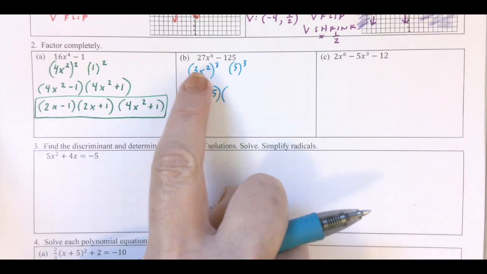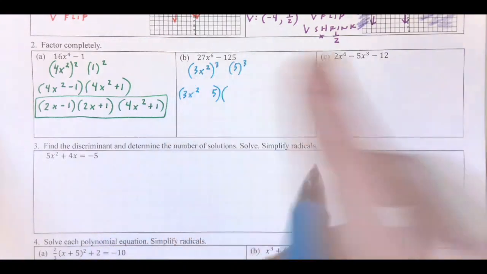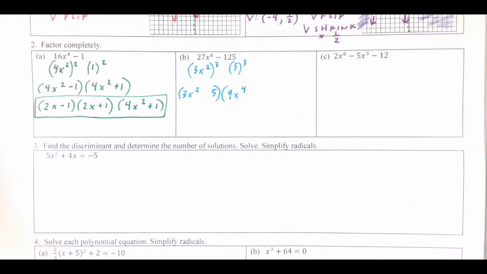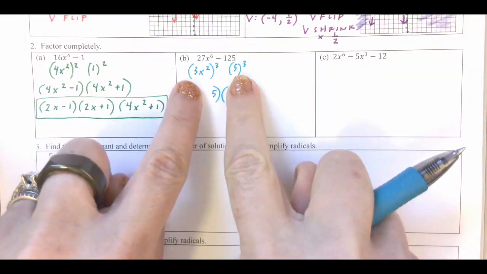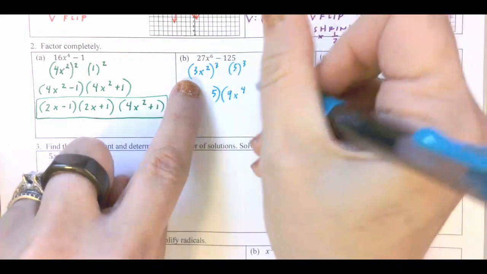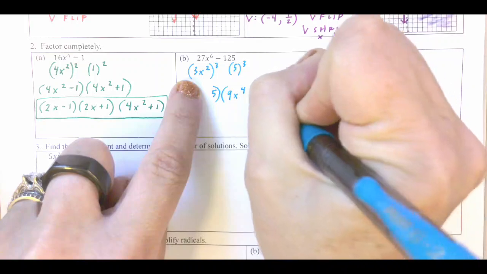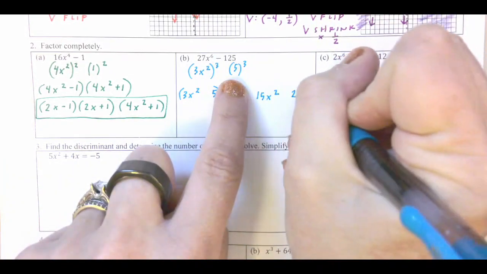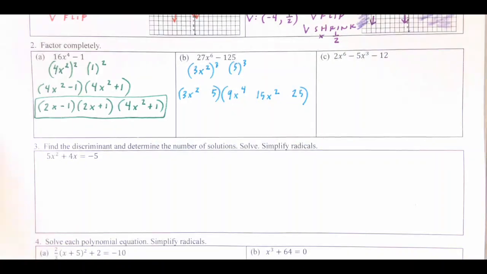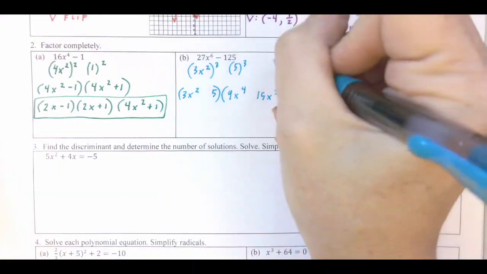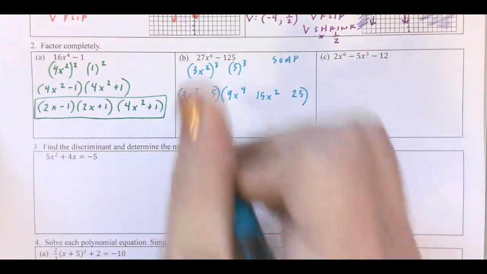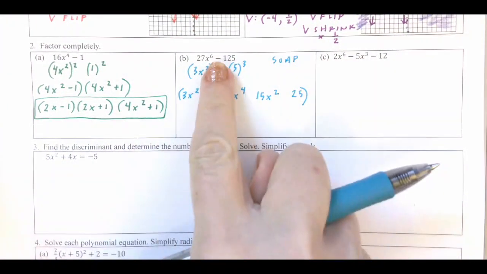So 3 squared and x to the second power squared gets me 9x to the fourth. Okay, product between these two terms, so 15x squared, and then the 5 squared is 25. Now I need to put in my signs. So think of SOAP. So same sign, right? So a minus here,